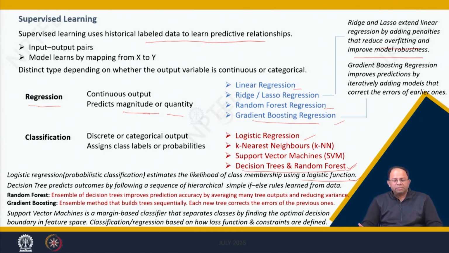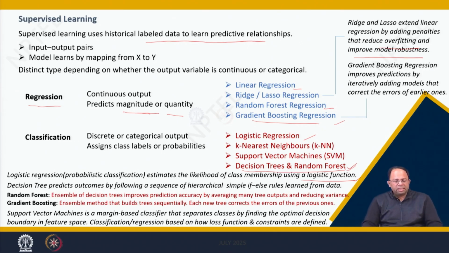Then comes k nearest neighbors, then support vector machines, then decision trees and random forest. All these are different types of classification tasks which we will eventually take up. The decision tree is something we will use again and again in our planning for taking many decisions. It is basically a classification task, but a much simpler way to do it, and we don't have to make a lot of assumptions in this model. That means if the data is very nonlinear and a mix of different kinds of items, categorical and continuous, then we can go for a decision tree to classify.